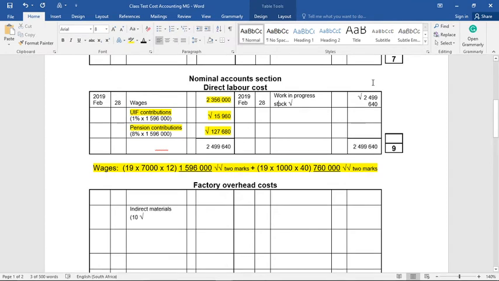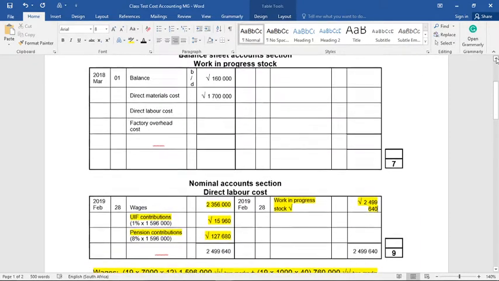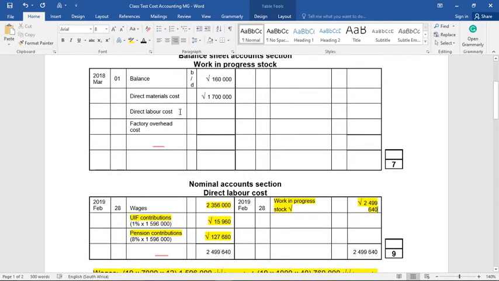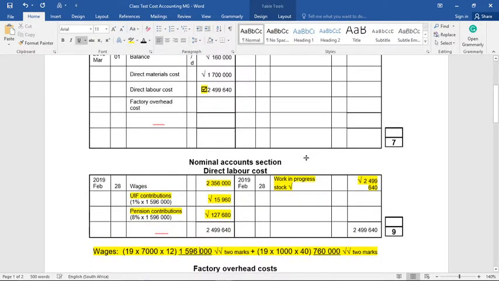So if work in progress stock appears on the credit side here, it means that it will be on the debit side of work in progress. There it is, direct labor cost, and I'm going to bring through the figure from my labor cost ledger. If your figure was wrong and you've brought it through, you would get this principal mark. But it's important for me to stress this at this point. You have to